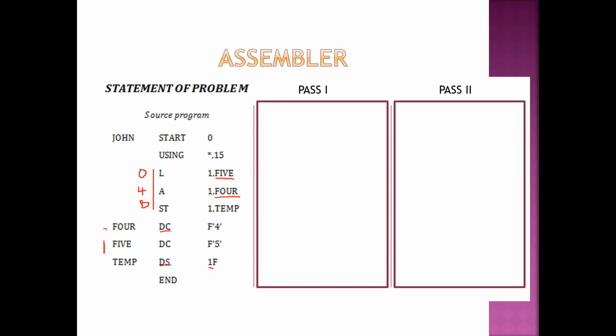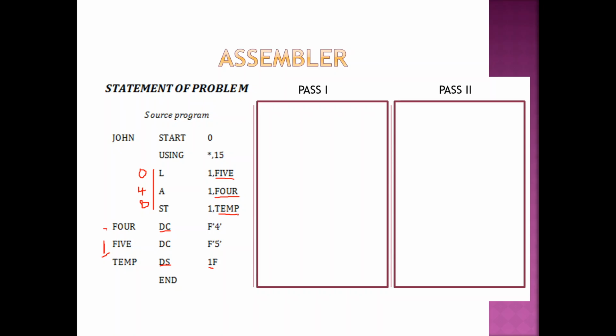Base register value, yes, USING will tell you what is the current location. If this program is loaded into the main memory, that location you can add to the base register. That is not a problem. At least you should know what is this address. If you know the relative address, you can add it with the base register. So we don't know the relative address as of now, right? So this is the problem. So how can we solve this problem? Let us see. The concept says you need 2 passes to do that.